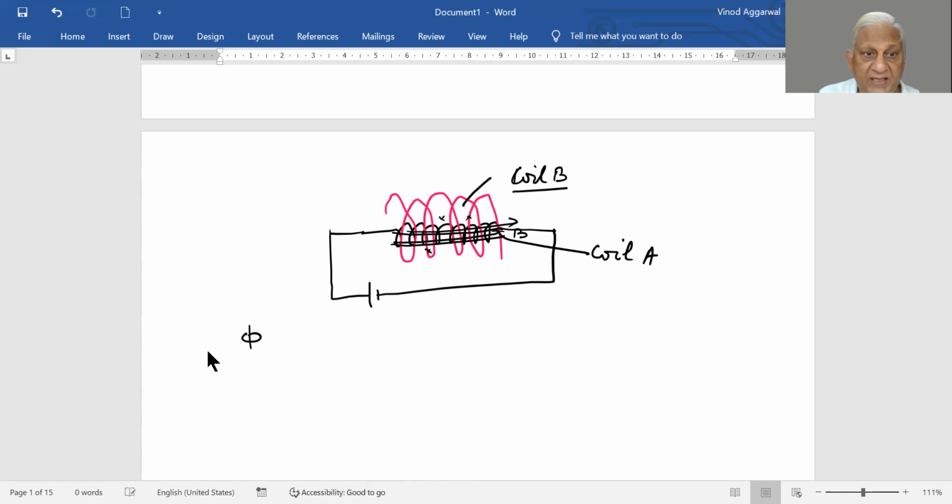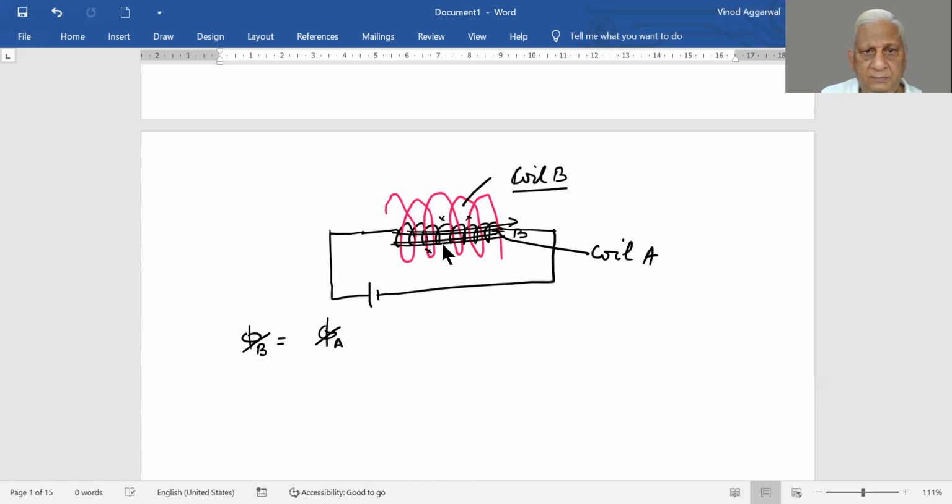The flux through B will be the same as flux through A, provided both had the same number of turns. So if we do the analysis from the magnetic field point of view,